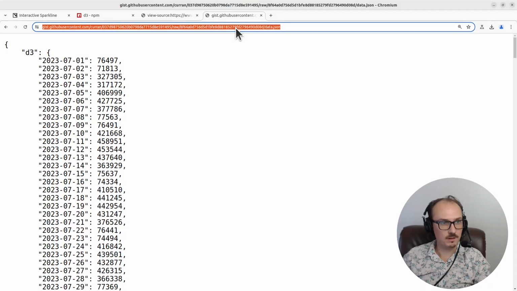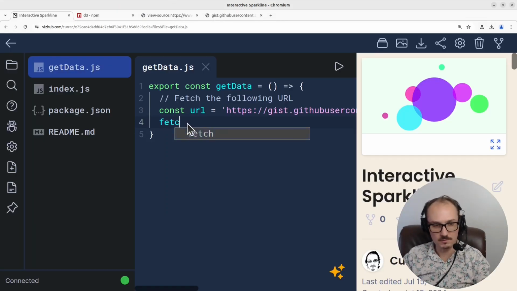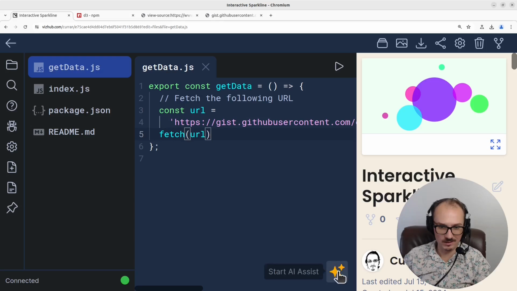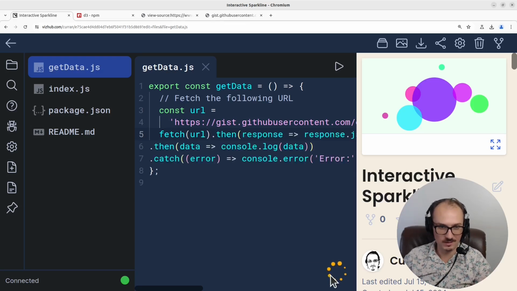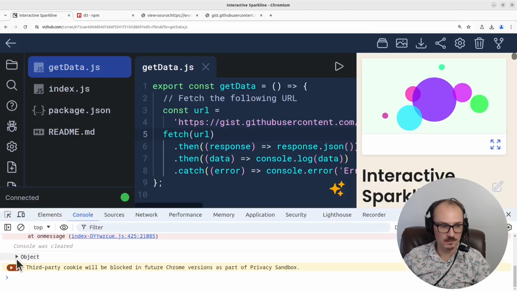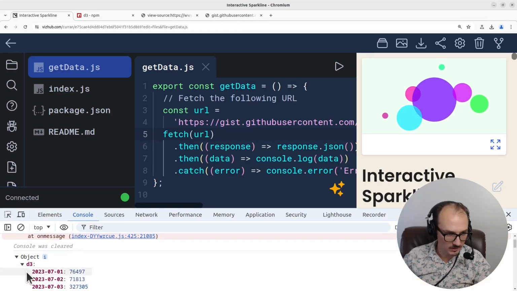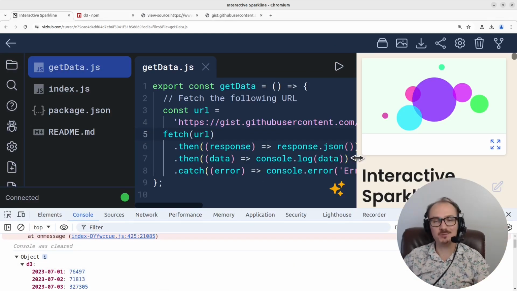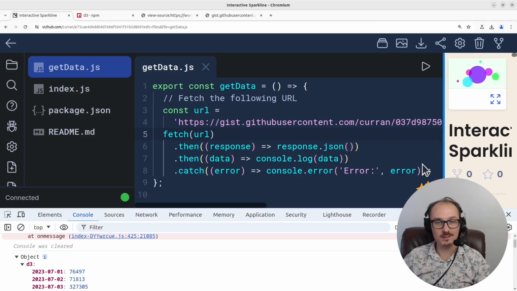This one here. And then I'll say fetch. Right. Then. There we go. Okay. So that should be fetching the data. And it does. We get an object with D3 and the time series. Okay, sweet. So the code that the AI wrote was fetch URL.then, because the fetch returns a promise, response, and